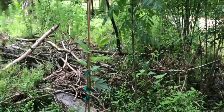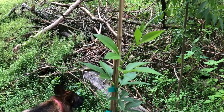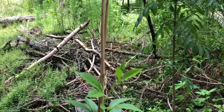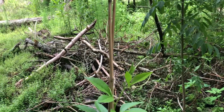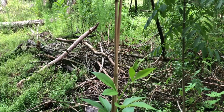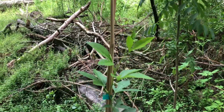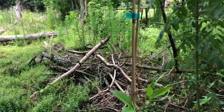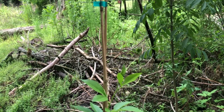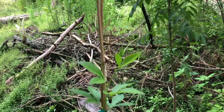So we're back in Wetlands Zone 1, and here is a passion flower, a maypop, or passiflora, passion fruit. Sometimes people intentionally say passiflora or passion flower when they're talking about non-edible passiflora, and say passion fruit when it's something that's considered edible. Some of the hybrids, I think, do produce a limited amount of fruit that is edible, but they're not considered like high production. But this is maypop,